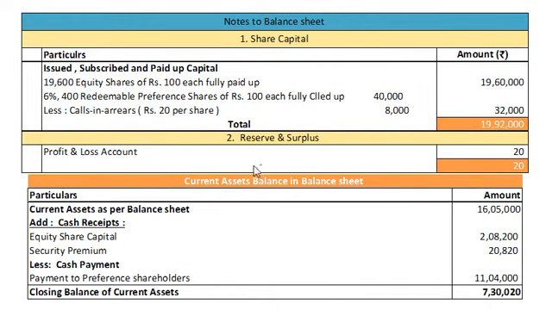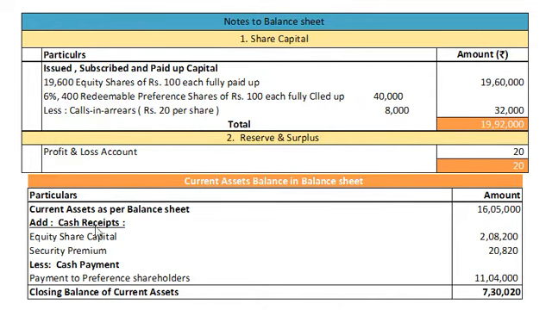Reserve and surplus, we have only 20 rupees in profit and loss account, that you can check. And finally we need to work out the current assets balance for the balance sheet. My dear students, here in the existing balance sheet we have been given current assets, and there is no bifurcation of current assets like stock, debtors or cash and bank. So here we assume the entire current asset as a cash balance, and we will check the closing current assets for balance sheet purpose. So current assets as per balance sheet is 16,05,000.